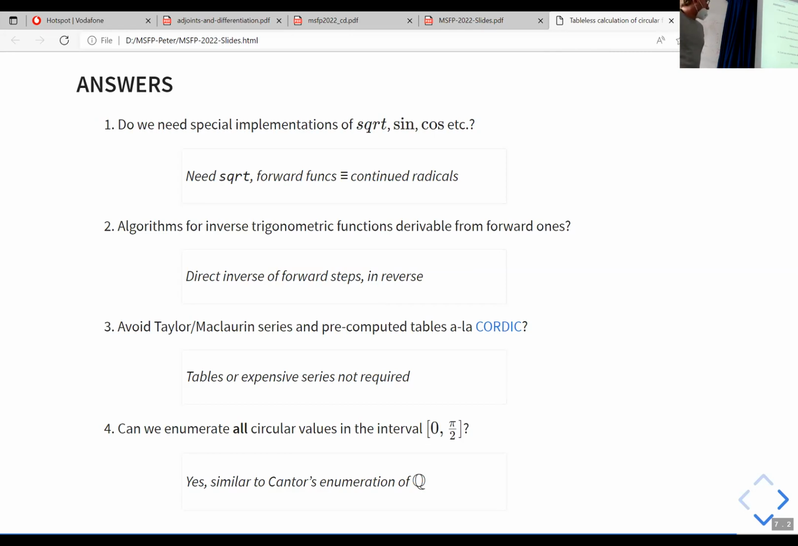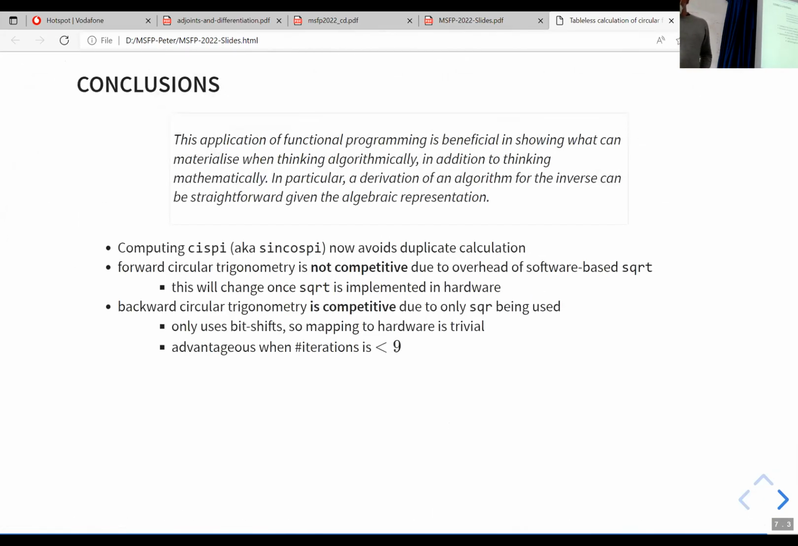We can avoid tables here. There are no tables involved here, and also no evaluation of exponents here. So potentially, yeah, we can do all of the things. And yeah, similar to Cantor's enumeration of rationals, we can also enumerate all the circular values this way. Yeah, to conclude, I was implementing this, and I found out that with the software implementation of square roots, these implementations are not competitive for forward functions because of the square root, of course, but for yeah, inverse functions, it